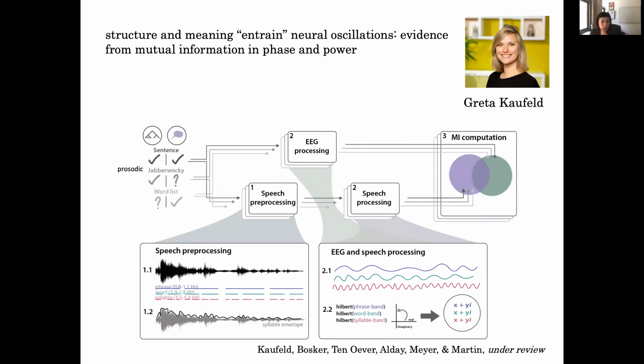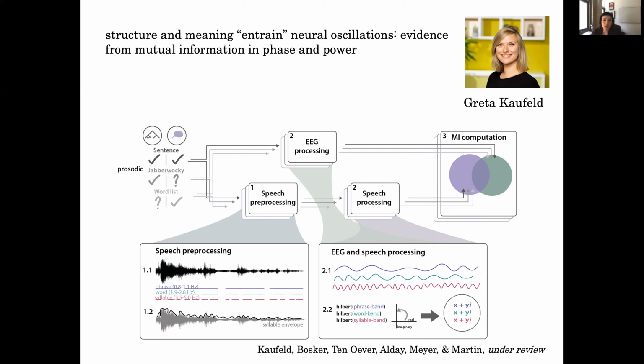All right, so now this is the PhD work of a student in my group, Greta Caulfield, who got really interested in this problem, in the exciting results from Ding and colleagues, and also in the broad conceptual claims of a structured model for language. But she wanted to ask the same question in her PhD work with more naturalistic speech, that is, with naturally produced sentences. So we didn't want the conclusions that we observed in the Ding and colleagues data and in the modeling effort that Alex and I did of it